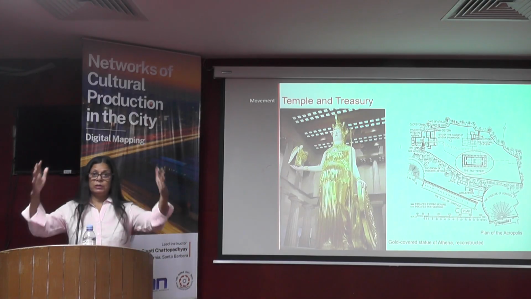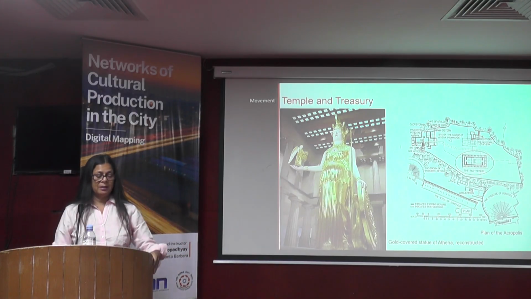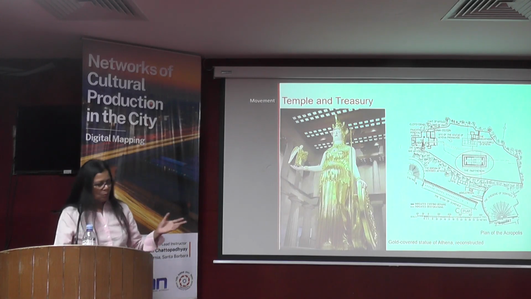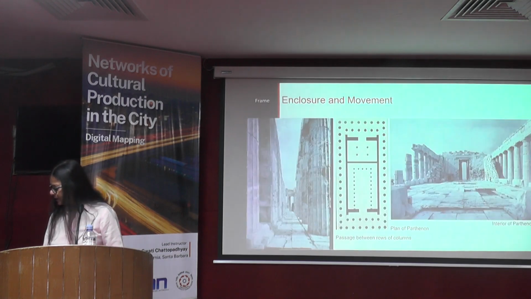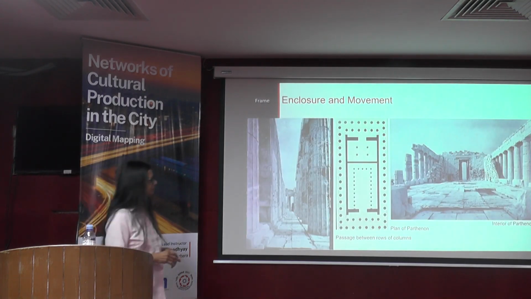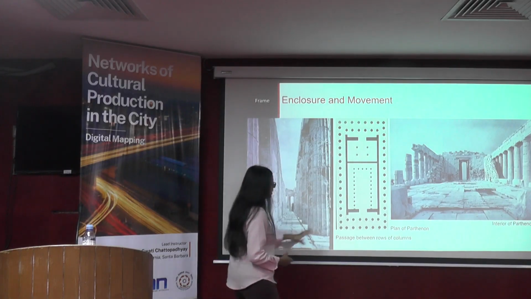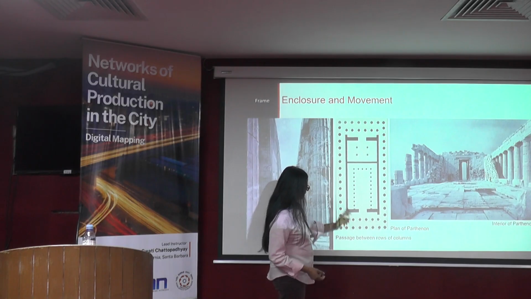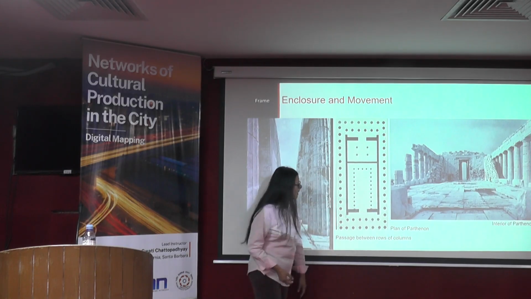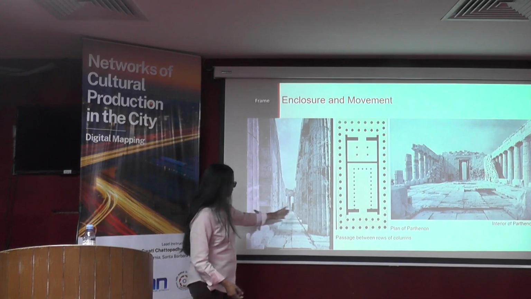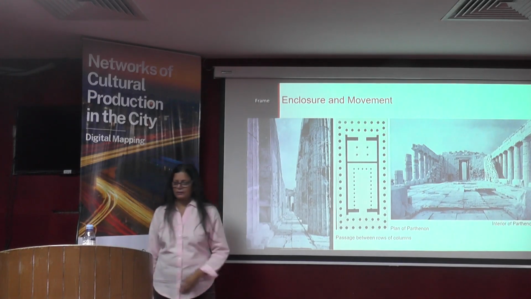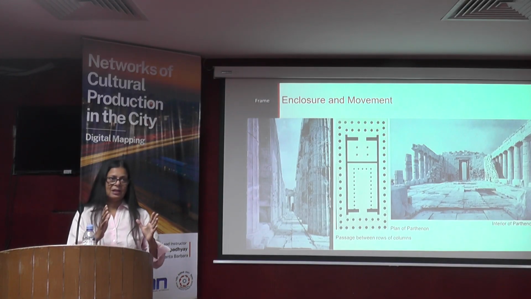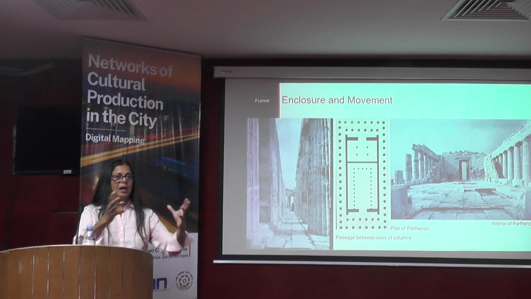So it would be a gold-clad, gold-plated statue of Athena the maiden. And the structure itself is very interesting because it has something very simple about it. There's an inner chamber, the treasury would be here, and there's one row of columns outside. So you have basically, between two sets of columns, or the wall and the column, a passage. So the building is encircled by a passage.